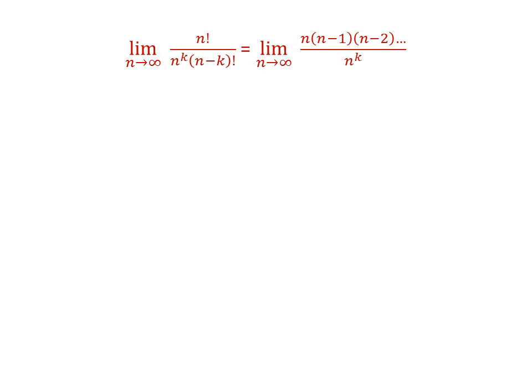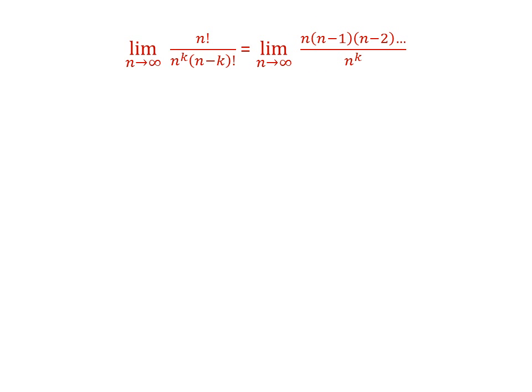We therefore have n times n minus 1 times n minus 2, etc. in the numerator, k number of factors, all over n to the k power,